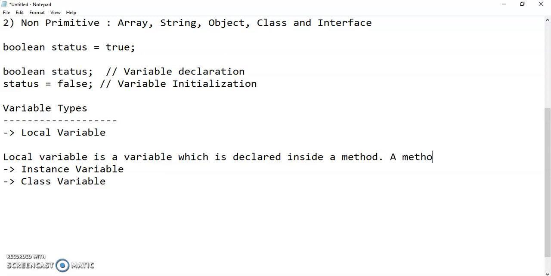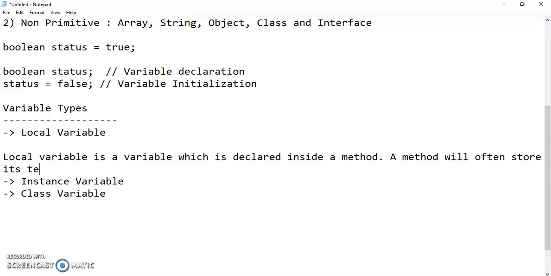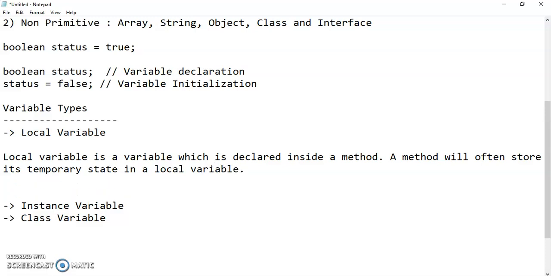A method will often store its temporary state in a local variable. Okay, so if you declare any variable inside a method, that will be considered as your local variable. Okay, and always remember, if you are declaring any local variable, that has to be initialized.